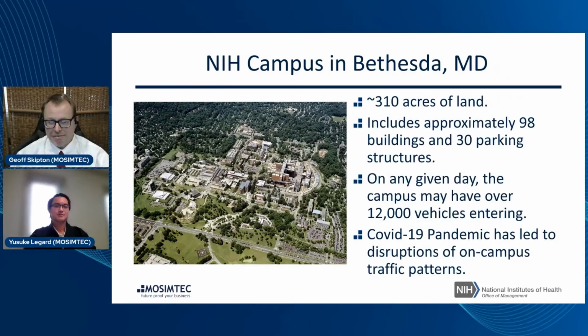So there it is. It's a down view of NIH in Bethesda, Maryland. As you can see, it's just gigantic. The campus is a little over 300 acres. You can see some of the statistics there: 98 buildings, 30 parking structures. And this particular project, which Yusuke is going to do the deep dive on starting on the next slide, involves 2 of the parking structures they're looking to change into multi-level parking garages, and that gave an interesting challenge modeling in AnyLogic. There are several options that we could have chosen, and Yusuke is going to go through that in a minute.